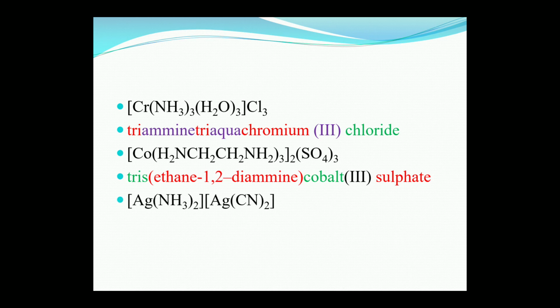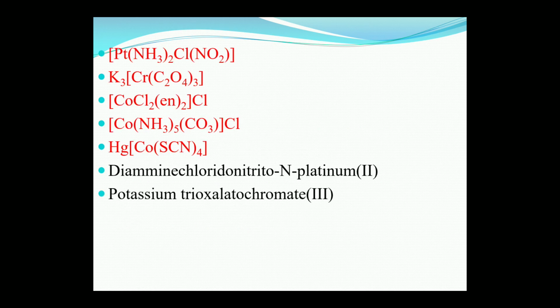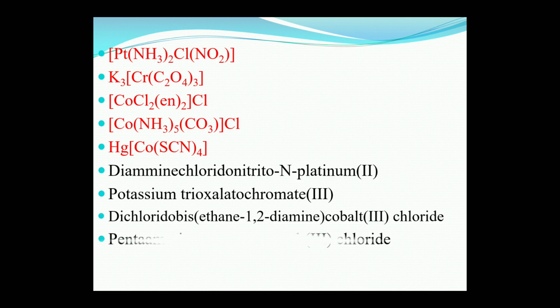Similarly, the next one is a silver complex. So how can we write down the name? Diamminesilver(I) dicyanoargentate(I). Okay, because in the second part we have to use the "ate" ending, so we write argentate for silver. There are a few other examples. You can take a snapshot of these different coordination complexes.